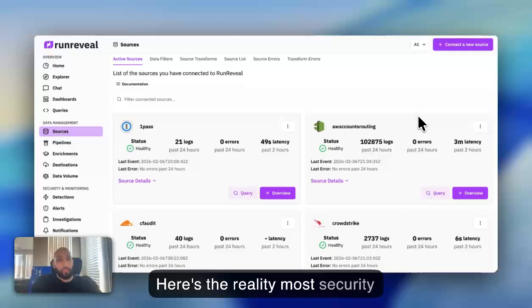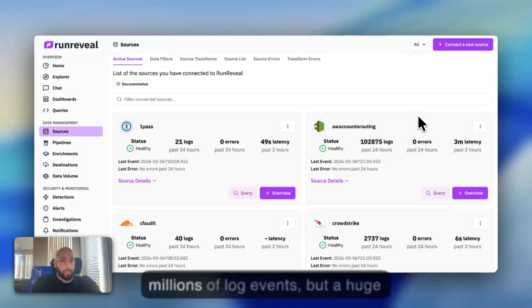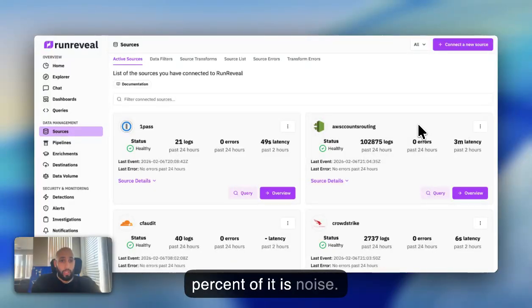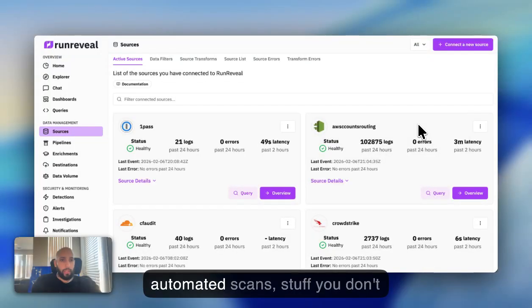Here's the reality most security teams face. You're ingesting thousands or millions of log events, but a huge percent of it is noise. Internal traffic, health checks, automated scans, stuff you don't necessarily need for threat detection. Now with traditional SIEMs, you're paying to store all of that. And if you want to clean it up, you're buying another tool from another vendor just to pipeline your data